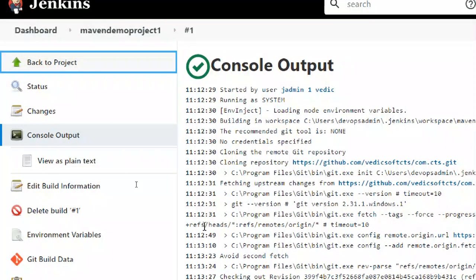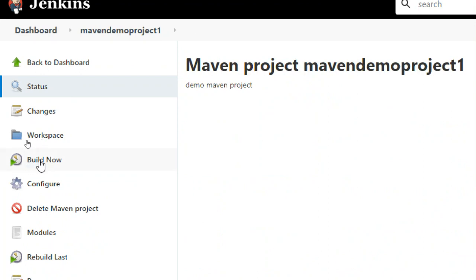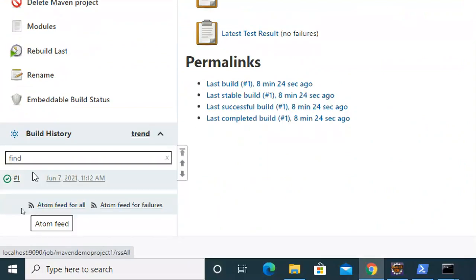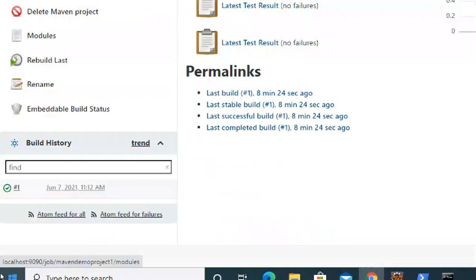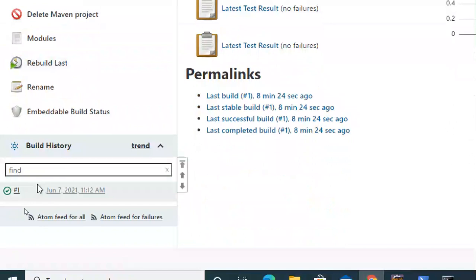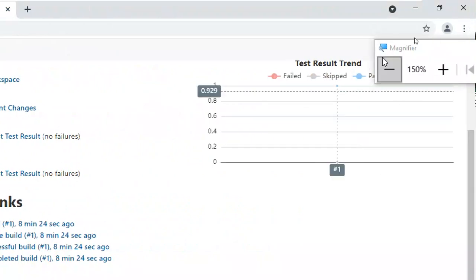Now again I'm building the Maven project only. We can't see the output here. Build now. I'm not changing anything. Same build, second build. I click on build now, right? Build now. Test result trend.